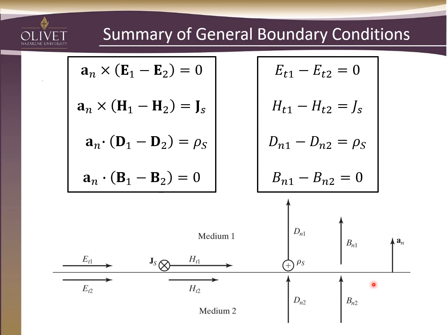Same thing with our flux density. The normal components have got to be equal on each side of this boundary. You may have tangential components or other components, nothing there that says that has to have any type of defined relationship. The magnetic fields, again, they are going to be equal except for the difference of whatever current flow there might be. So the difference in these two is going to be equal to the current flow. And finally, with the displacement current, they'll be equal with the exception of whatever charge may be on the surface. So that'll explain whatever differences there are between those. So again, some pretty handy relationships that we can utilize to characterize what's going on at any boundary.